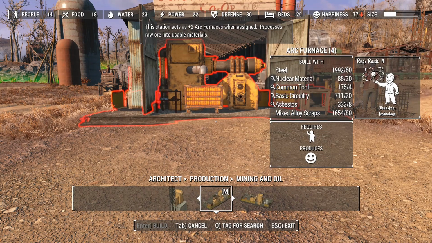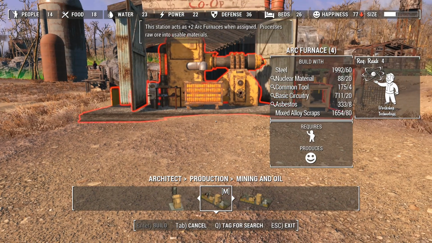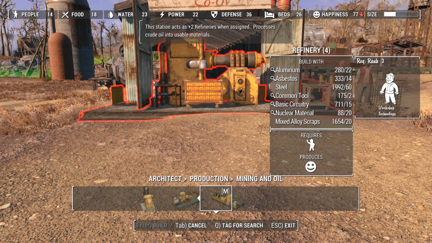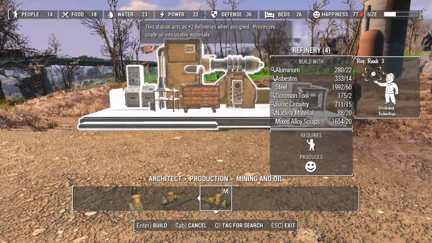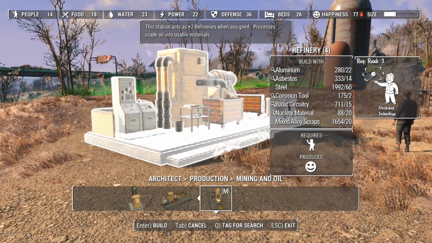Okay. So we could reduce his, yeah, see I can only make 10 of those. What's my limiting factor? Or mixed alloy scraps. Yeah, I thought they were heavy in something. Wow. So, I don't need an arc furnace, but we do need a refinery. So that counts as 2 refineries, but it takes 1 person to use. Which is...